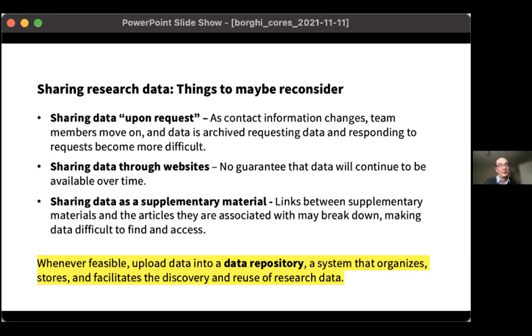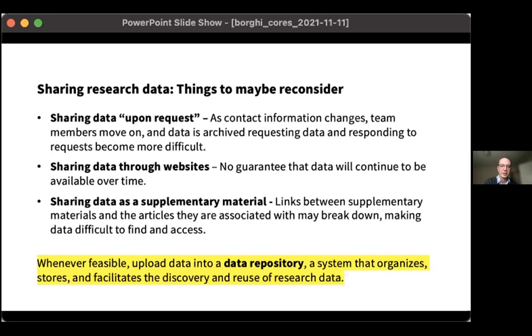This is a very, very common thing that you see people doing in data availability statements, where it says the data and materials related to this study are available from the corresponding author upon request, or upon reasonable request, which prompts me to think about two things. First, what does reasonable mean in this situation? That's interesting. But also it makes me think about